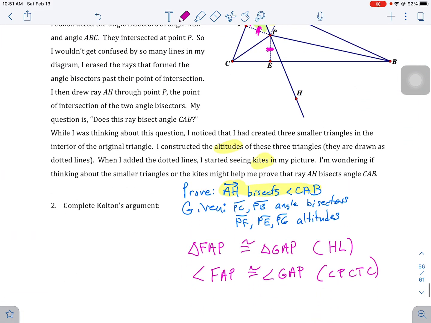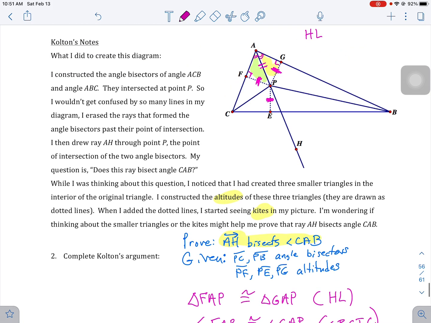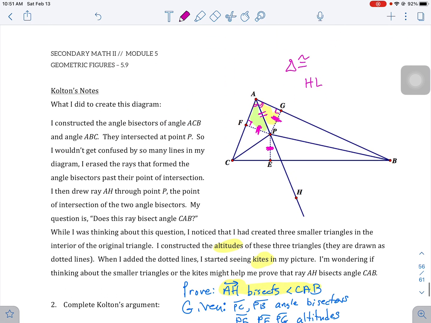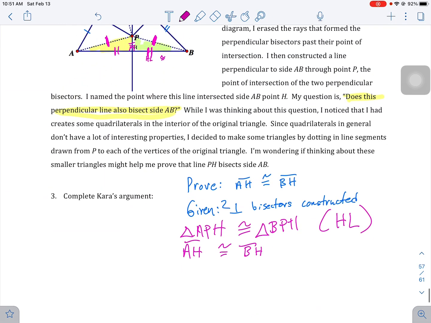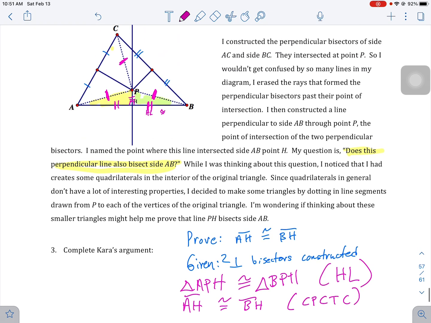Okay, so now we've got corresponding parts of congruent triangles. Oh, that was the previous one. So yeah, but that's going to be our reason. We're going to say corresponding parts of congruent triangles are congruent because we know that these yellow and green triangles are congruent. So therefore this segment and this segment must also be congruent. And that's what we were trying to prove, that this segment is a perpendicular bisector given that it's perpendicular and that it splits it. So we've